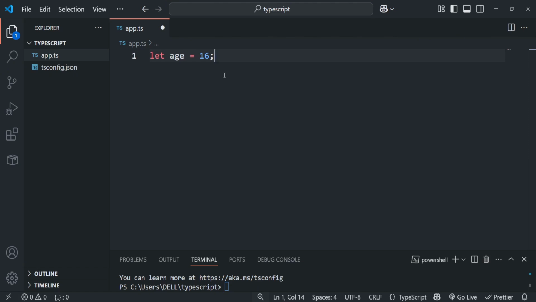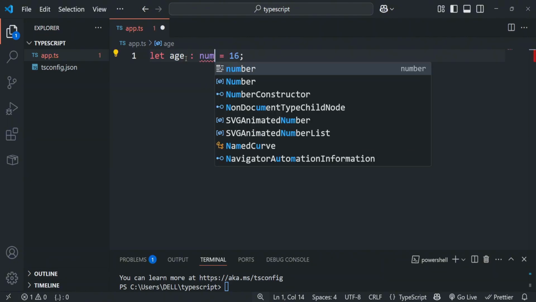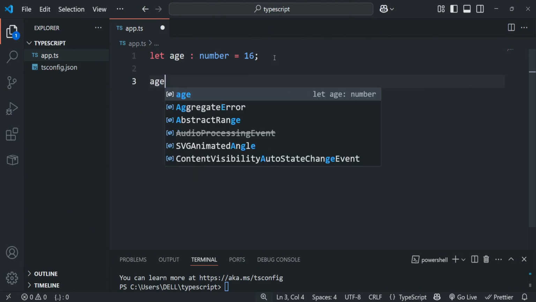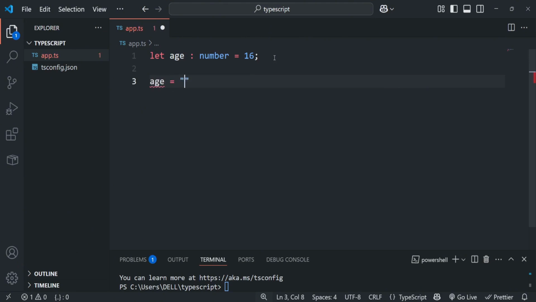So how do you do that in TypeScript? You're going to come over here. Then after your variable name, you're going to use a colon. Then after that colon, you're going to pass in the data type, which is going to be of type number right here. Now to check if this is working, if in this code I decide to modify this variable and set it to a string of Emmanuel,